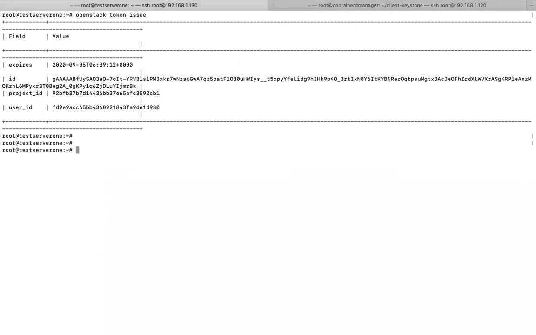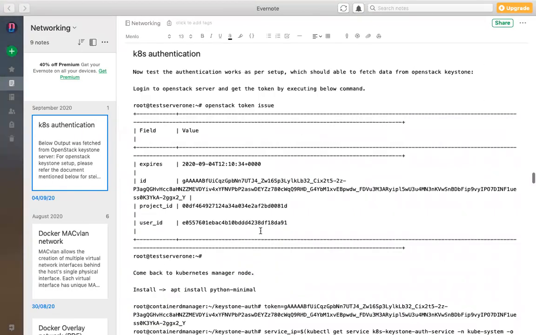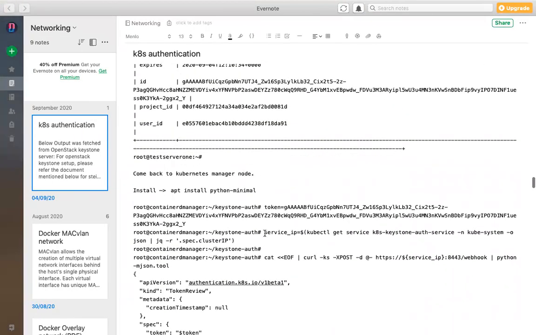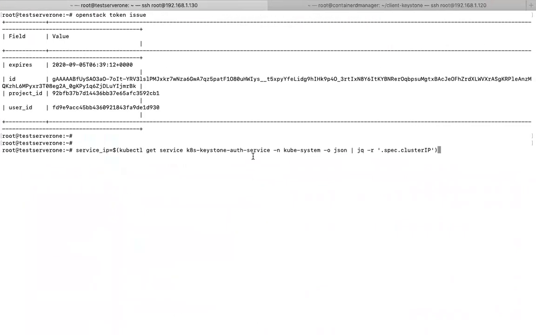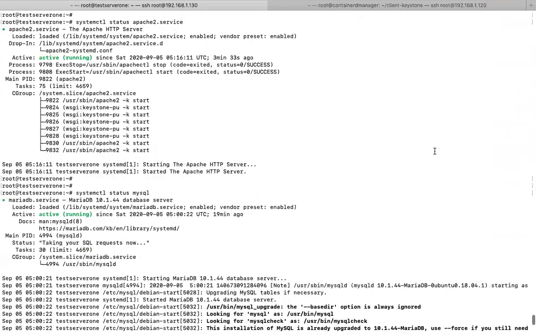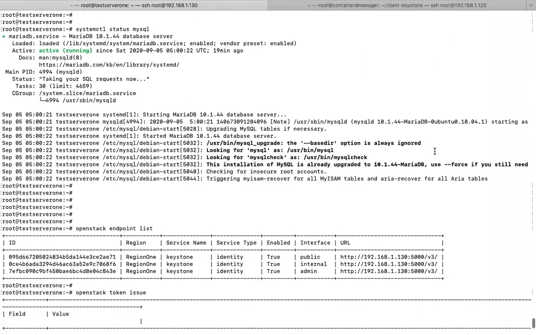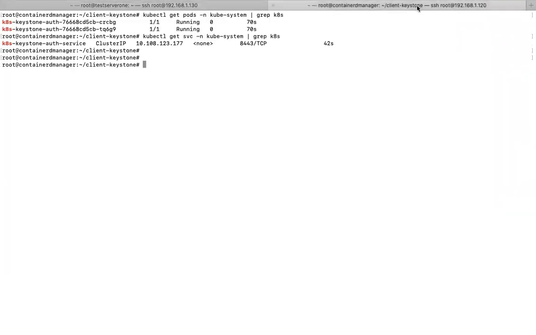After that, execute this command. This command will try to get the service IP of this particular service. Where is the service? Yeah, here it is. Sorry. You can see this is your service, right?